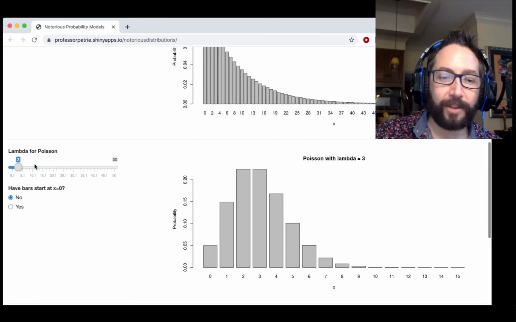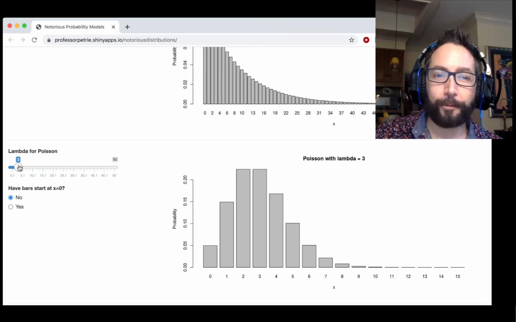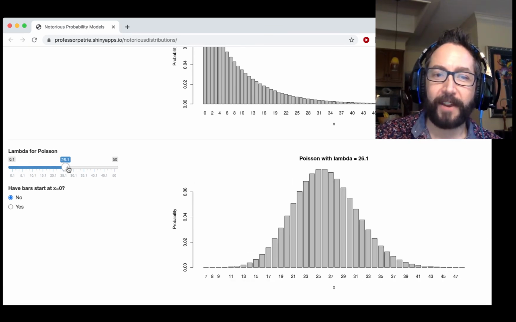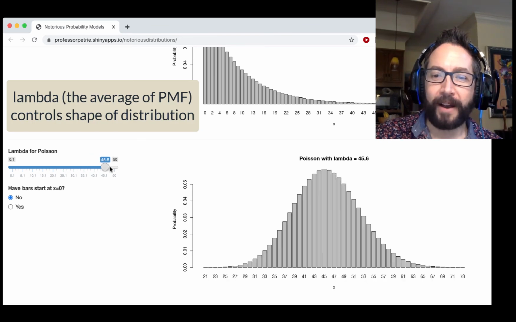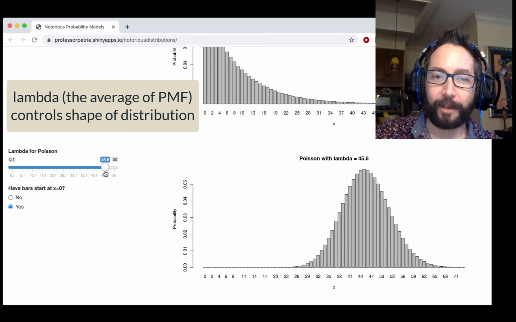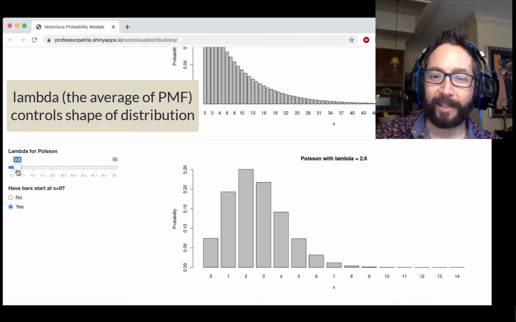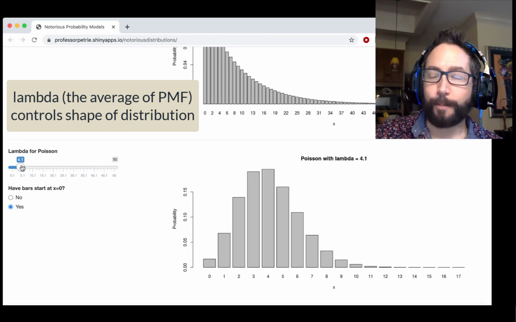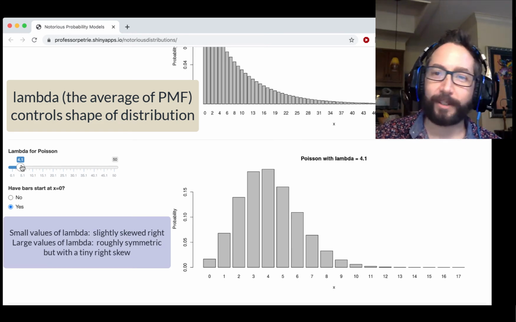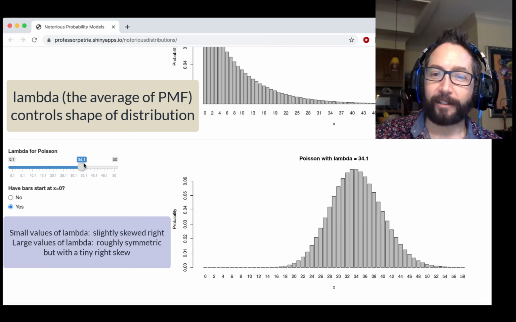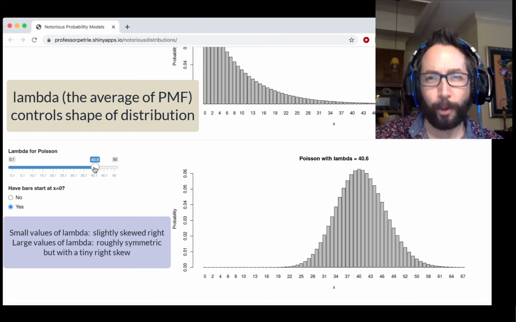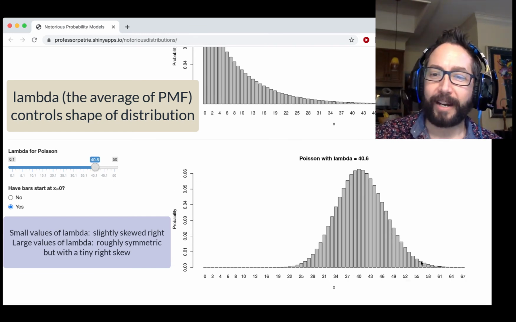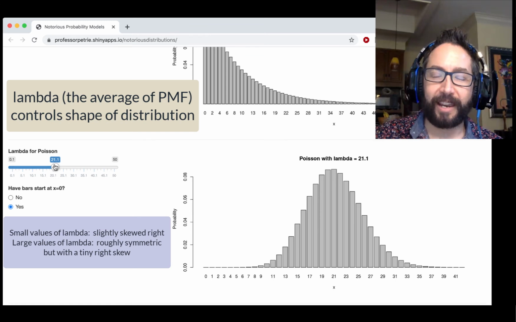So what does that Poisson distribution look like? Well, heading over to our Shiny app, we only have one parameter for the Poisson. And as I vary that value of lambda to get bigger and bigger, what we find is that the typical values that we're seeing also get bigger and bigger. So going down from a small lambda, small values of x, big lambda, relatively big values of x. What we see is that for smaller values of x, we have a distribution that's skewed a little bit to the right. As we go up to larger and larger values of x, that distribution becomes more and more symmetric, but still with a little bit of a right-handed skew here. So those are the shapes that the Poisson distribution can get for us.